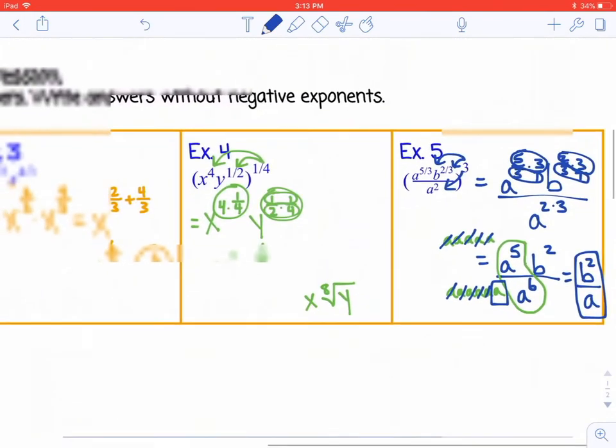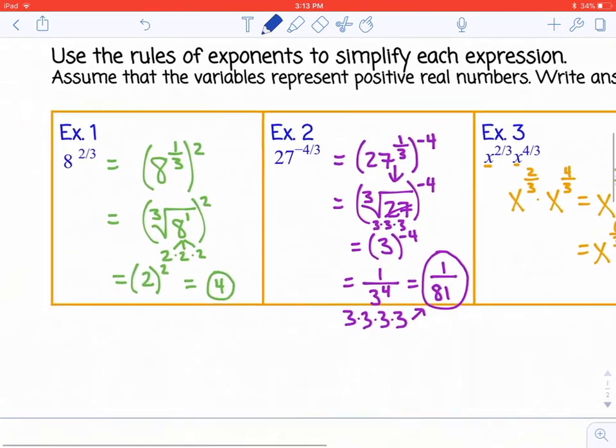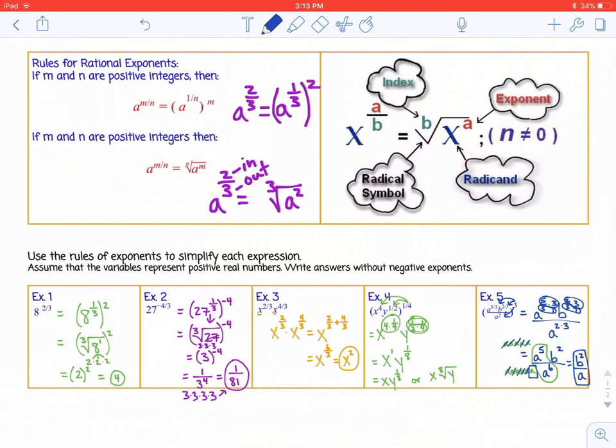So that one took a couple of steps. But there are all the examples now for things that we might see with equivalent forms of radicals, because rational exponents and radicals go hand in hand. It just depends on what form